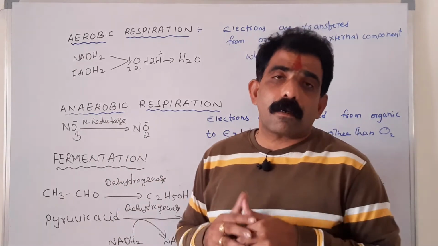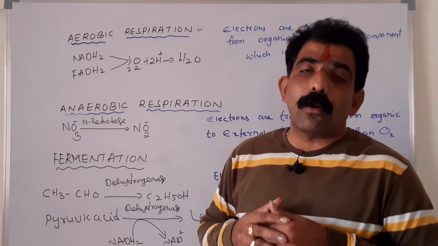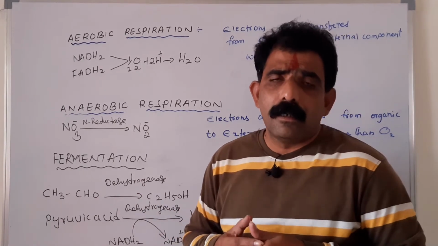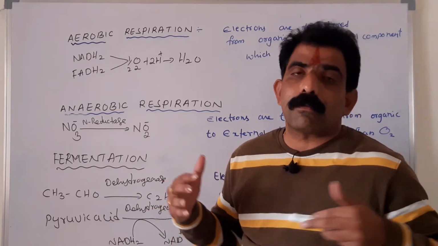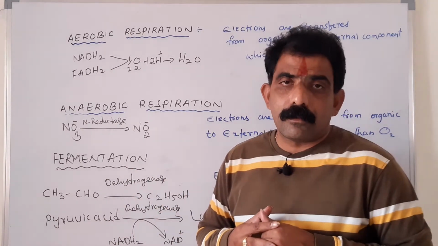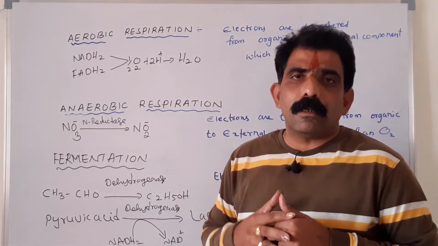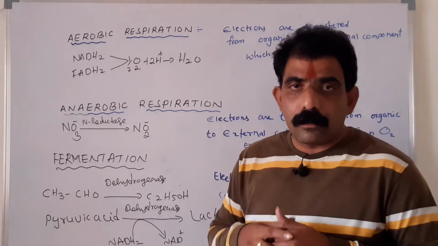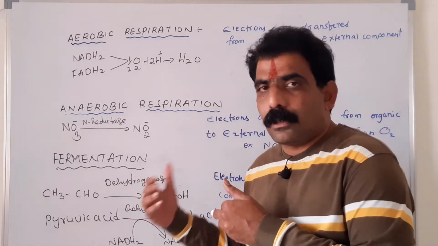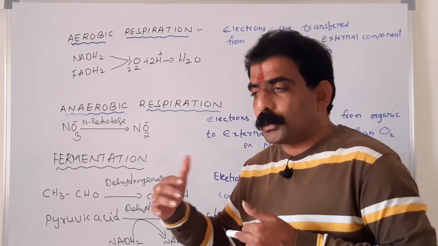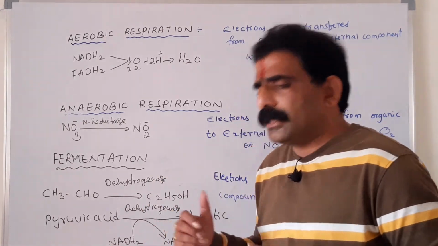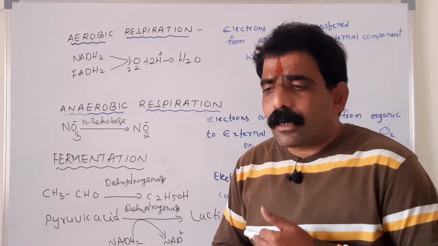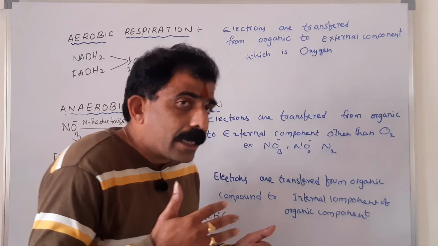What is the source of electrons for the reduction of these coenzymes is the question. For instance, in glycolysis, glyceraldehyde 3-phosphate is the source of electrons for the reduction of the coenzyme. From the glyceraldehyde 3-phosphate, electrons are removed in the form of hydrogen and the same is added to the NAD+. There, it gets reduced to NADH2. Like that, you take any step, everywhere where a coenzyme is reduced, electrons are coming from organic compounds.